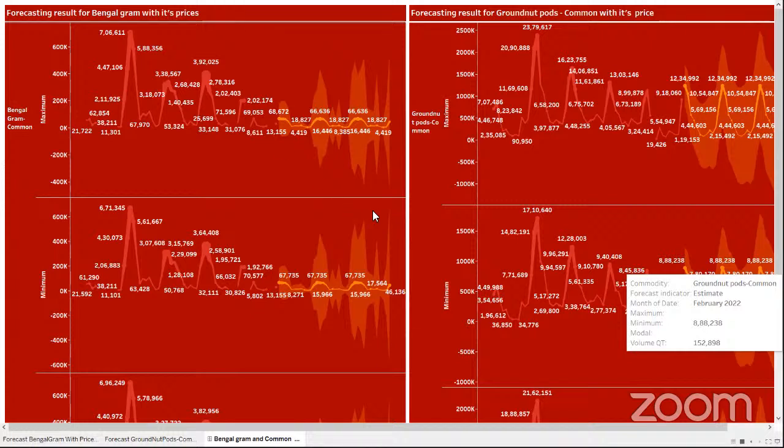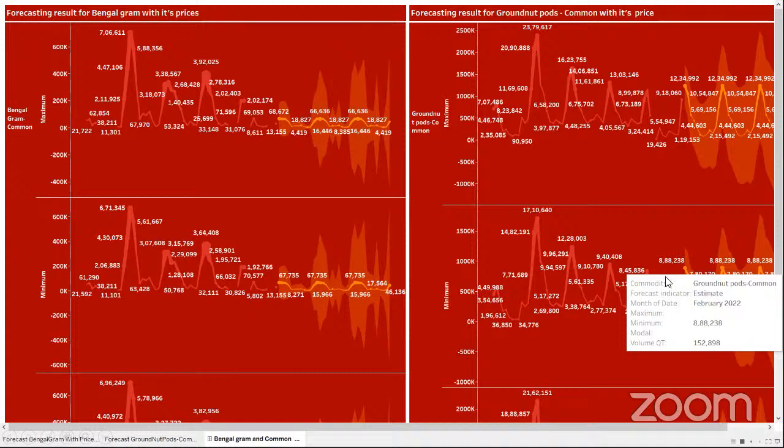So this is how our graphical representation looked like, and we were predicting it for the next few months in 2020. So, for example, let's consider the commodity groundnut pods. We are making use of the forecast indicator to estimate the value. In the month of Feb 2022, we see that the minimum price would be somewhere around, the summation value would be somewhere around